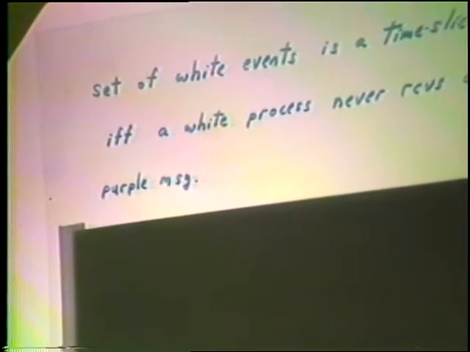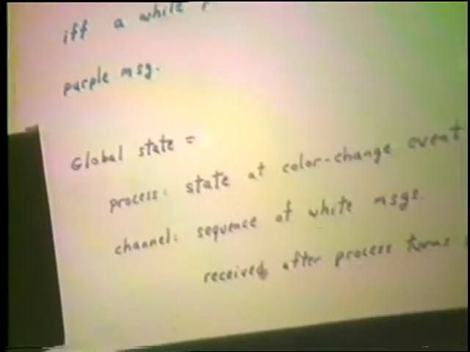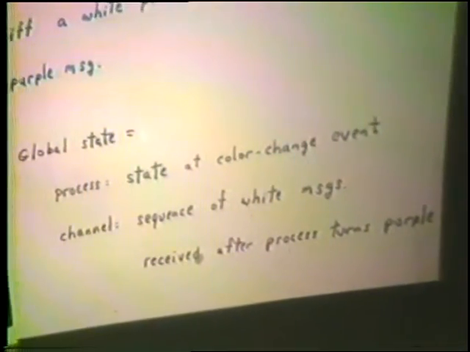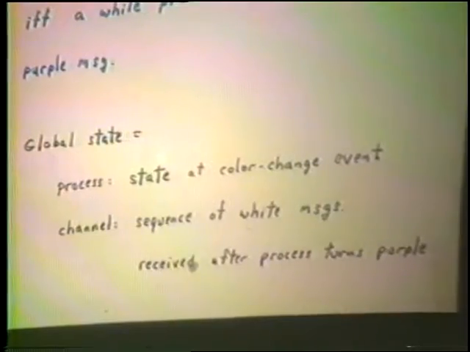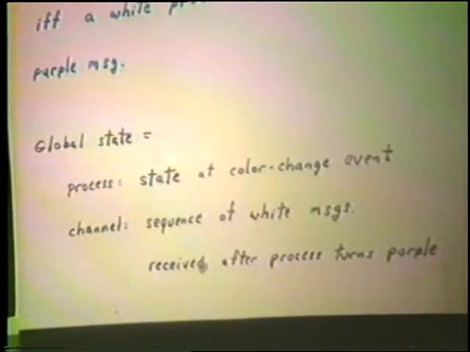Okay, then let's recall, if the set of white events does form a time slice, what is the global state determined by that time slice? Well, the state of the process is the state after the process's last event in B. So the process state is just going to be the state of the process at the color change event.